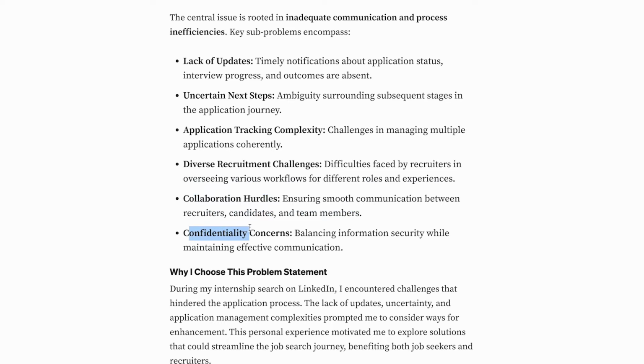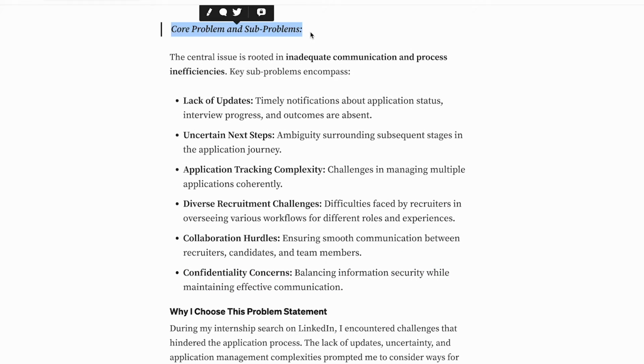Then you have confidentiality concerns, balancing information security while maintaining effective communication. I don't understand how this is a problem, and I don't know if this has anything to do with product design at all. What sort of information security? What do you mean while maintaining effective communication? So even though he's gone ahead and broken this into core problems and subproblems, I'm not really convinced